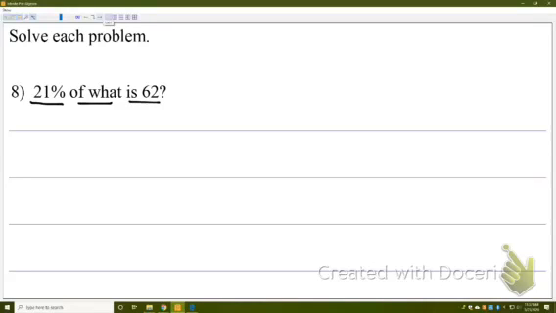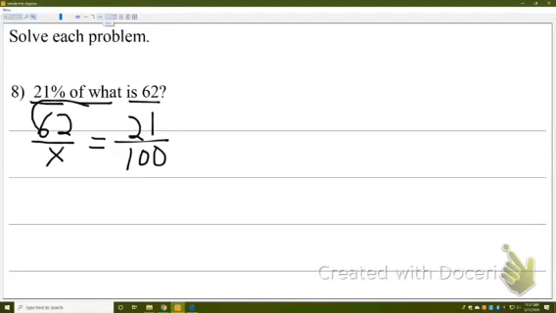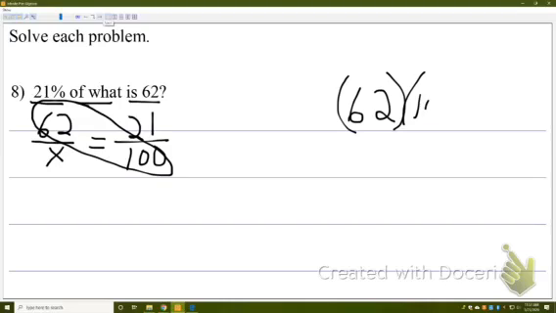The percent is 21, always, immediately. Put that over 100. We're done with it. We do not know the of. We know the is 62, and the is goes on top. Of is missing, so you put an X. In this one's case, you would do 62 times 100 and divide by 21. So that means 6,200